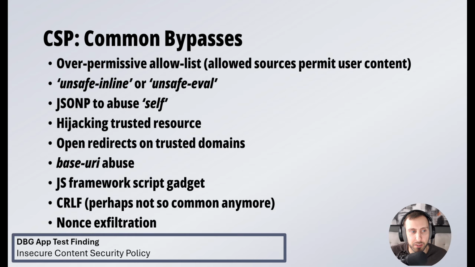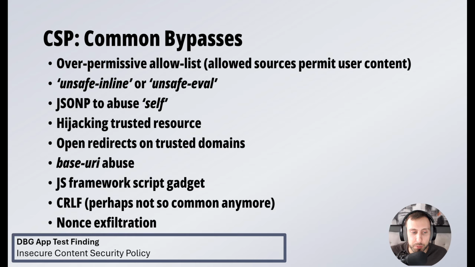Unsafe inline or unsafe eval, obviously risky. JSONP presents a specific risky scenario. I'm not going to go into the details of that. If an attacker hijacks a trusted resource, obviously that undermines CSP. Open redirects on trusted domains can undermine CSP. Base URI abuse, JavaScript framework script gadgets. So if there are ways to execute scripts that are unique to JavaScript libraries that you're embedding on your page